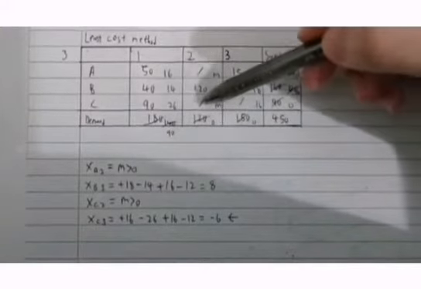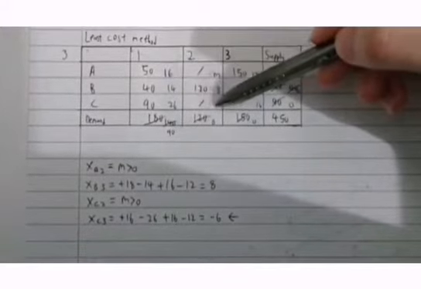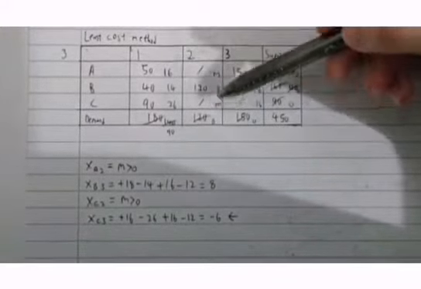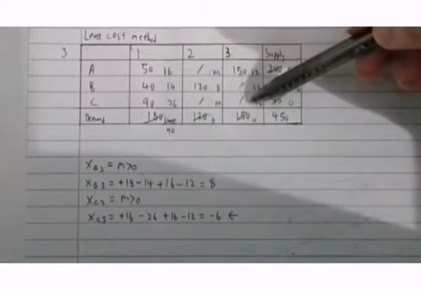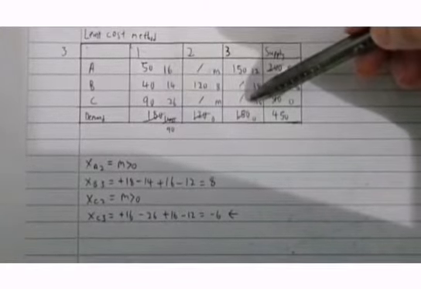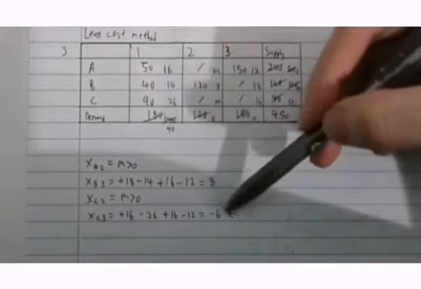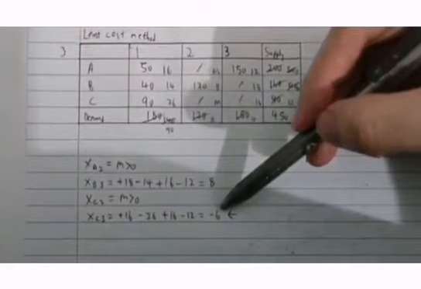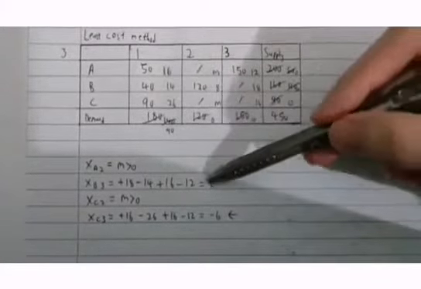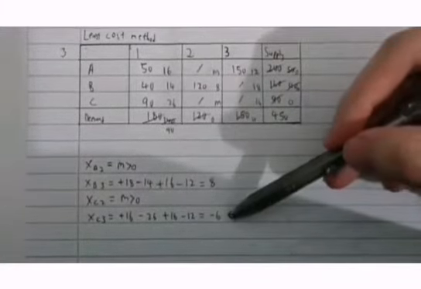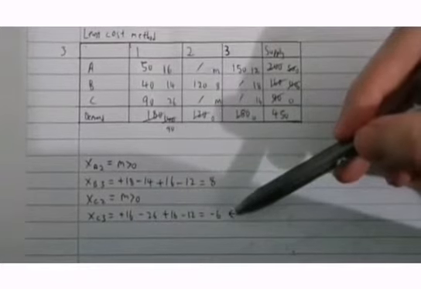And also for this is infinity because it's M, and for xc3 we plus 16 minus 26 plus 16 minus 12, and we get negative 6. And from this formula we get one negative, so we need to do it again